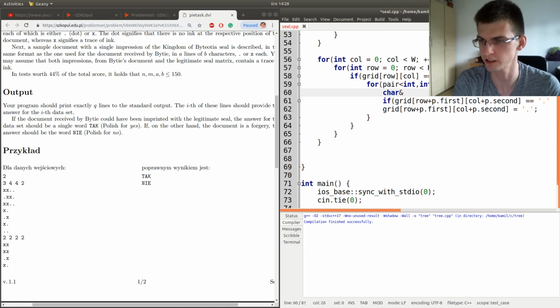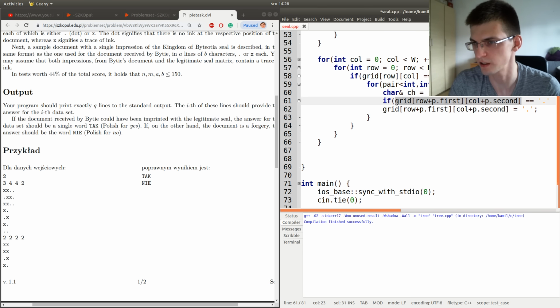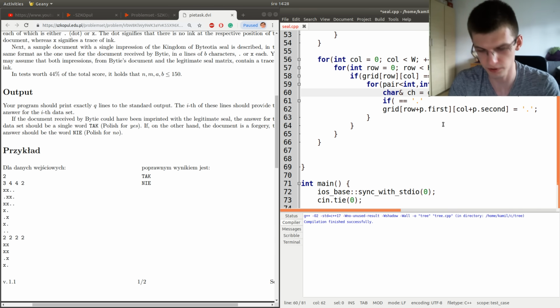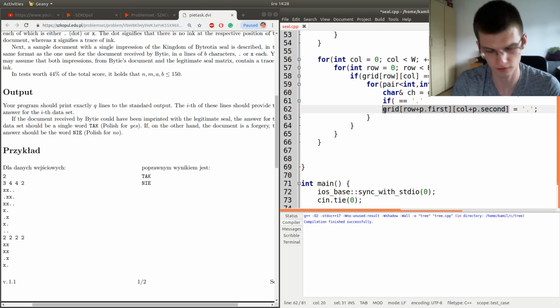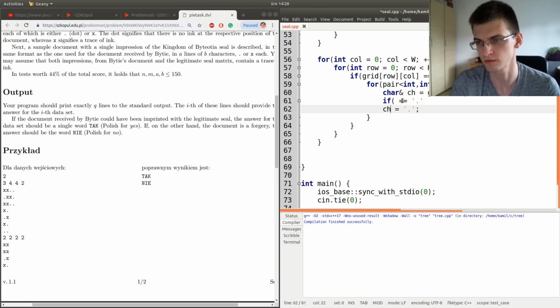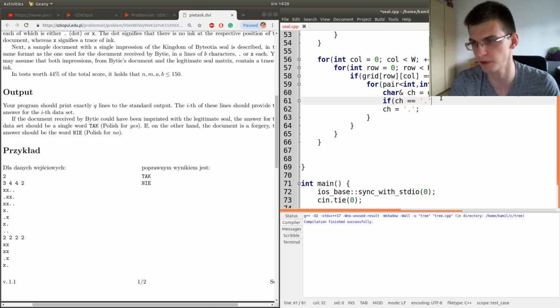And if we write here, let's call it, I don't know, ch, like char, that will be this value. Then from this moment, we can use it instead of the long formula. So it's nice to do it because it makes code nicer and it's harder to make a mistake.